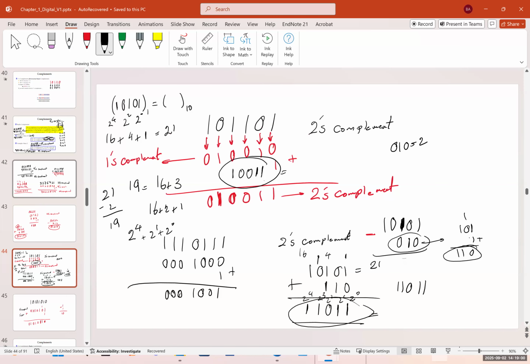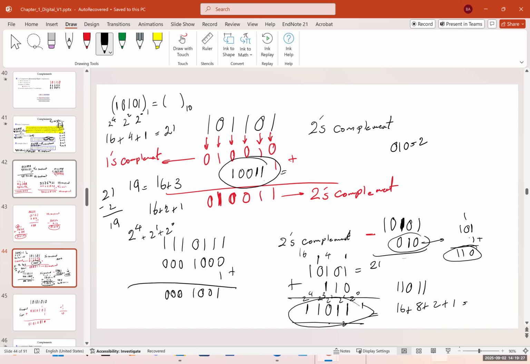2 to the power of 0 is 1. 2 to the power of 1 is 2. 2 to the power of 4, 8, and 16. So 16 plus 8 plus 2 plus 1. Am I correct? 16 plus 8 is going to be 24, plus 2 is going to be 26, plus 1 is going to